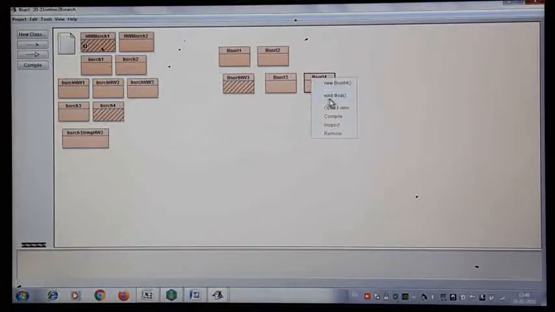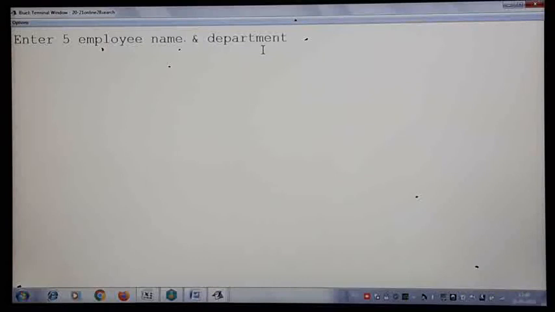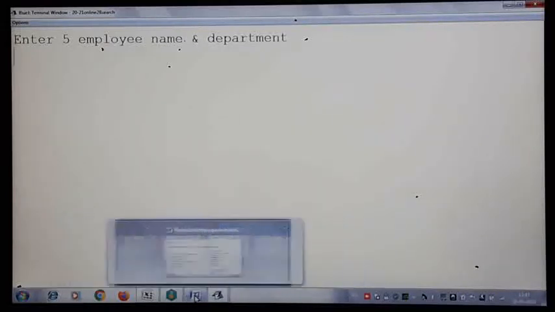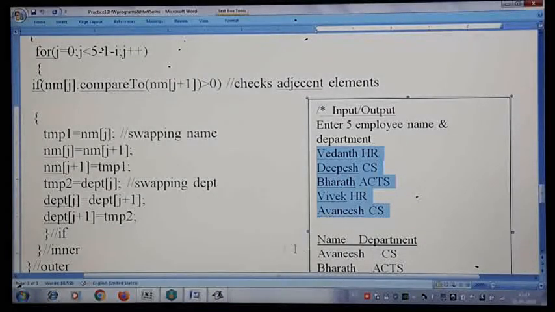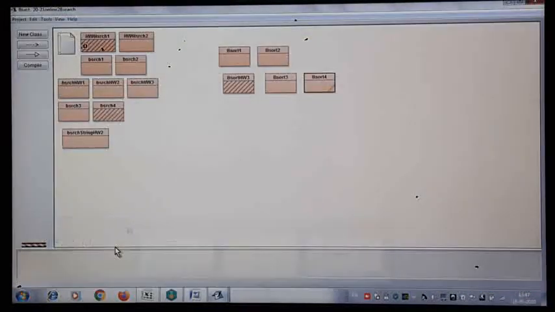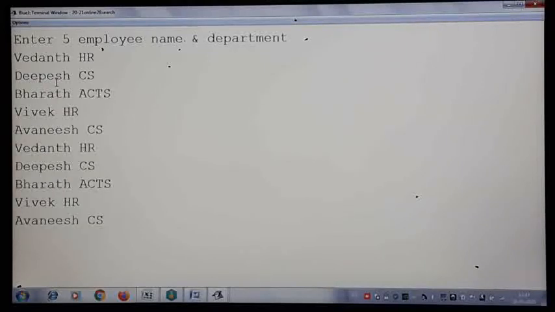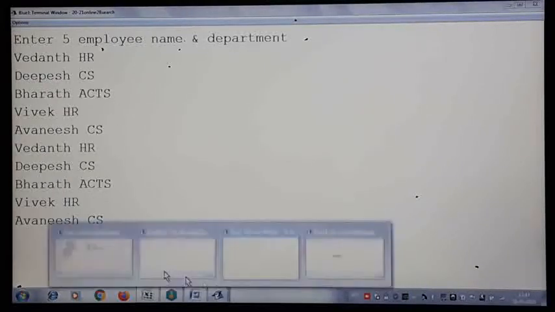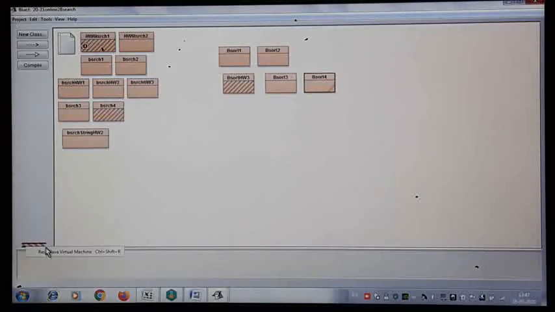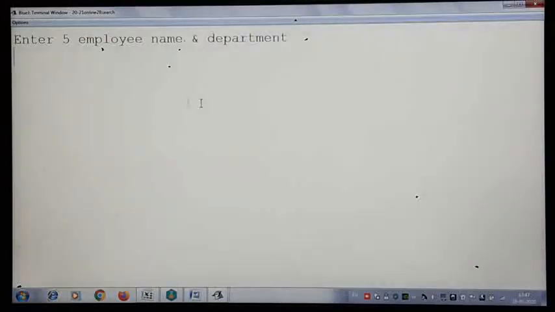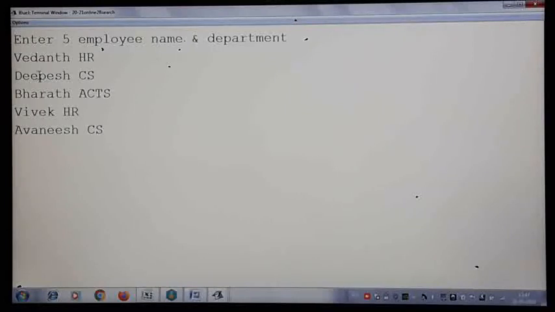Now when I execute this, it is asking me to give employee name and department. Just to save time, I already kept the inputs ready. One PDF file, as I told you, I kept ready for you so that you can download it and also see the execution of this. Same thing, I will try to give the data here. I will enter 5 student names. Sorry, not student, employee. 5 employee names and corresponding departments.